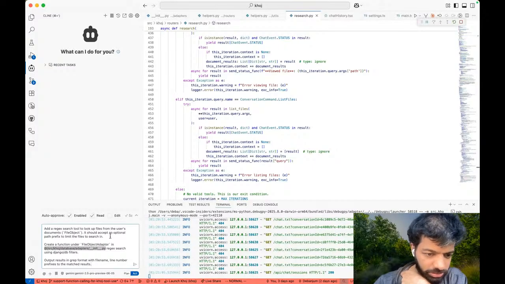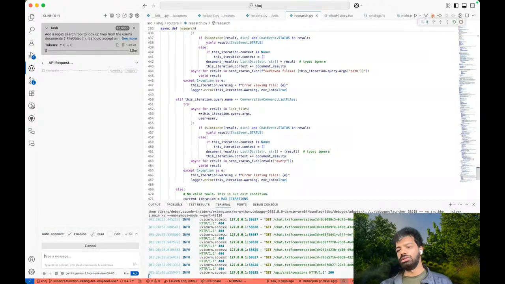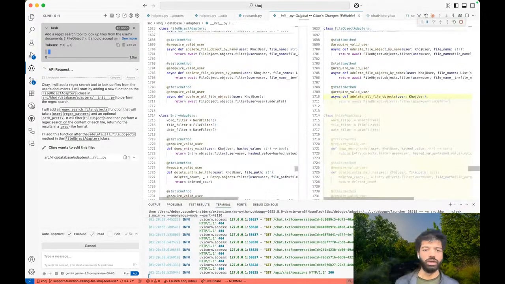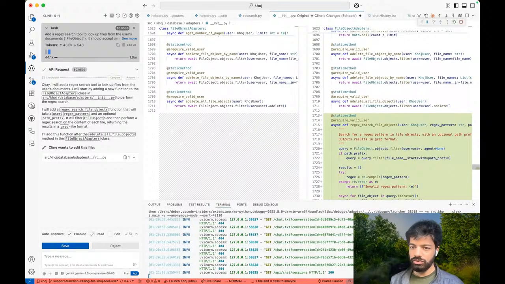It should. Okay, let's just go and see what it does. Also, yeah, we are using Cline with Gemini 2.5 Pro. 2.5 Pro is pretty good, especially for coding, so I generally use that. Claude 4 is pretty good as well. Okay, let's see what this guy's doing and if it's doing anything useful.